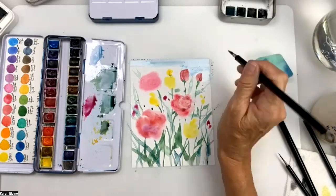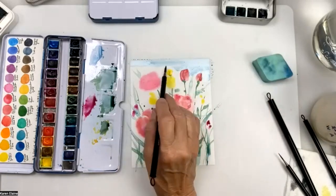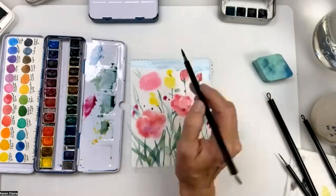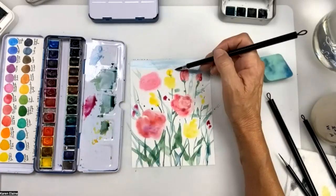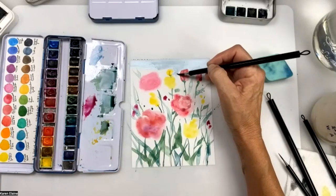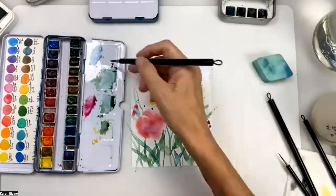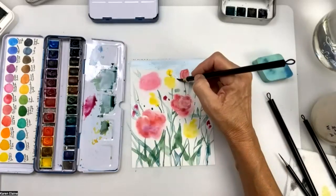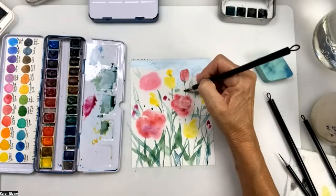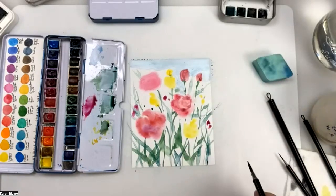You can see I can get a nice, fairly even wash just by gently going while it's still wet into it and just brushing gently across in a horizontal way. For this background back here, I'm going to do more vertical strokes, but you can see I'm even kind of scrubbing back and forth. Can't do that with watercolor paper. We'll try that and it just will not work. So I'm just kind of scrubbing gently with my brush, just depositing some color to kind of create that sky